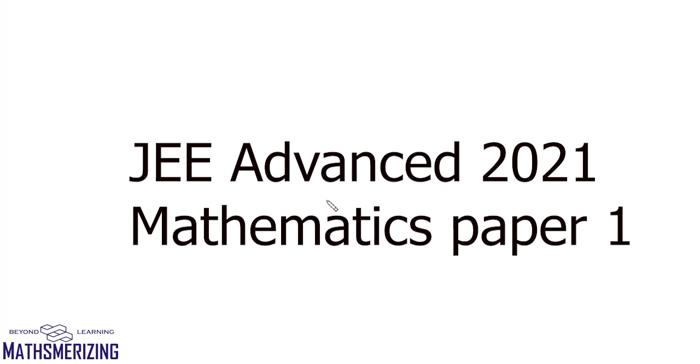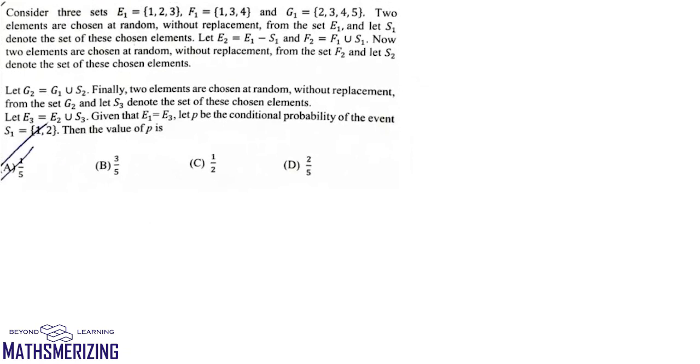Today we'll be discussing JEE Advanced 2021 Mathematics Paper 1. Now the first question is, consider three sets E1 = {1, 2, 3}, F1 = {1, 3, 4} and G1 = {2, 3, 4, 5}. Two elements are chosen at random without replacement from the set E1 and let S1 denote the set